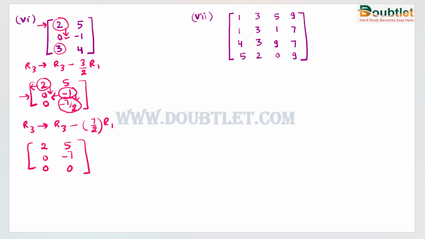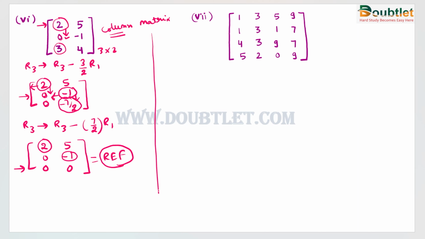Now for this element, these two leading elements are the only ones present in this matrix, because this is a column matrix. Its order is 3 cross 2. It is a column matrix type. So now we will look in the third row. Third row, the leading element should be here, but it is not present. So we will leave this matrix as it is here. So from this we can say that this is the row echelon form of the above matrix.